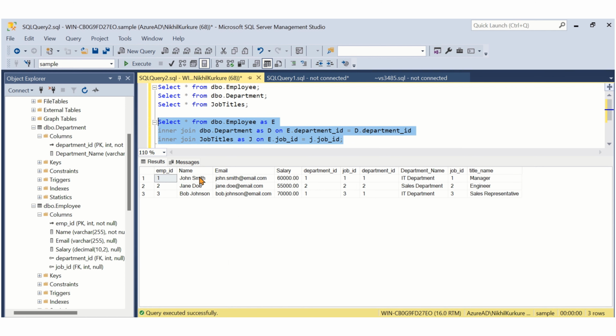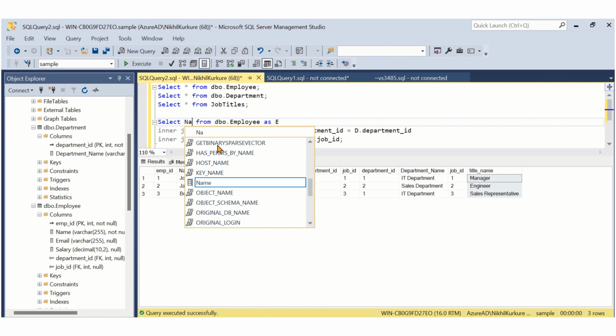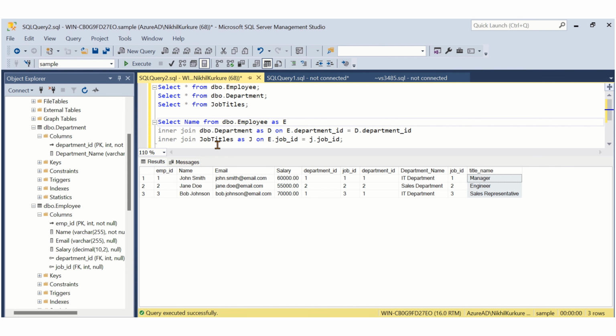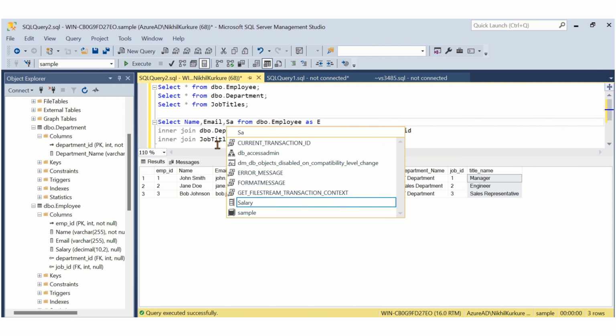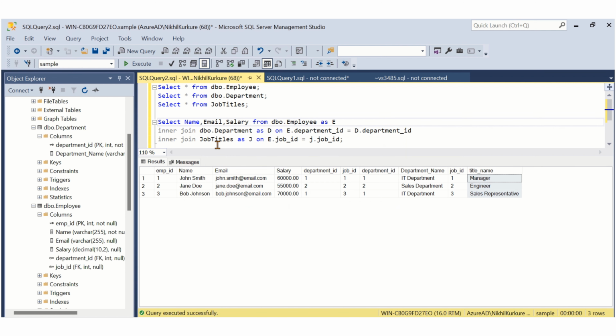See, we're getting the record now, the desired result. So which employee is working in which department? Let me modify it. Let's say I want the name, email, and salary of the employee, and working in which